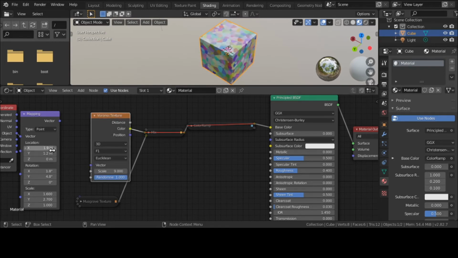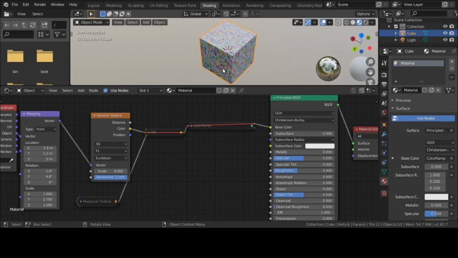Vector, output. The vector has 3 values. I choose whichever one I want from location, rotation, scale. I choose any of those 3 values, and then it will be outputted. Now when I output it, I'm going into my texture. The texture said a vector is coming in. It didn't say what it is. It just said a vector, 3 values are coming in. So I connected to that. And there. So those are my 3 values. But now it's not doing